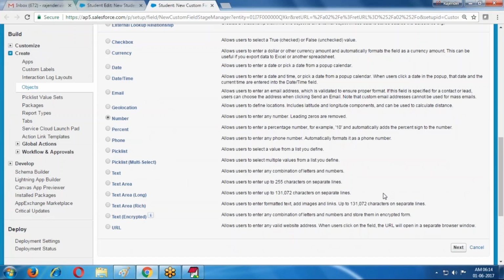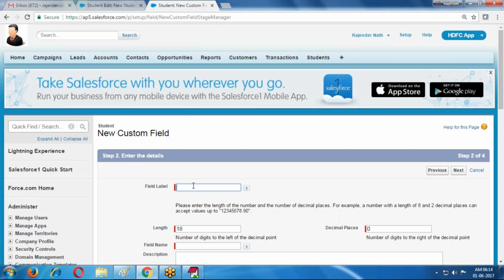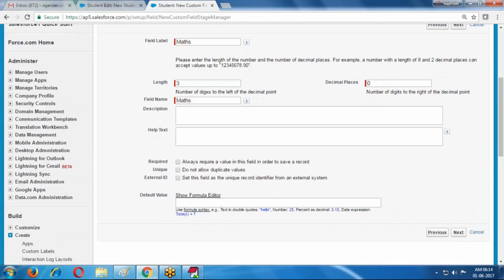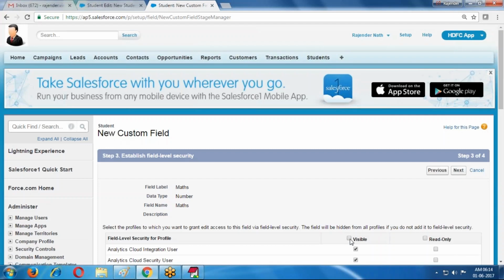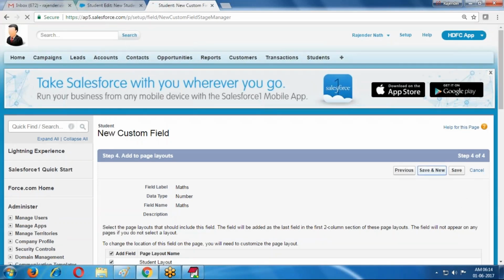Number type I'm selecting. Mass. Click on next. Save and new.